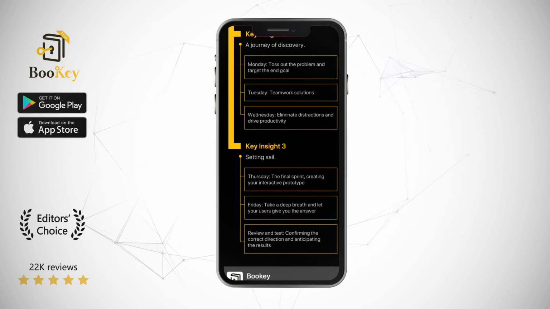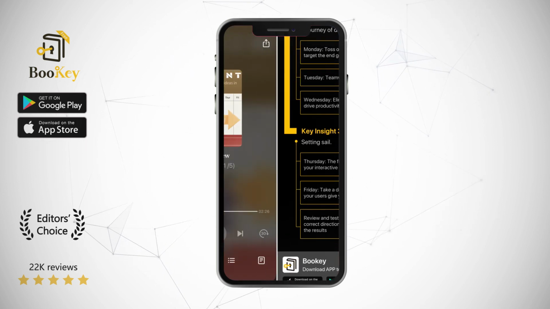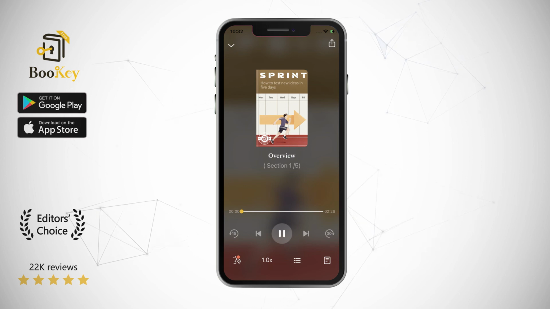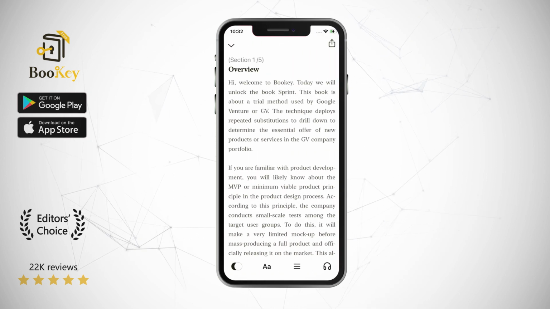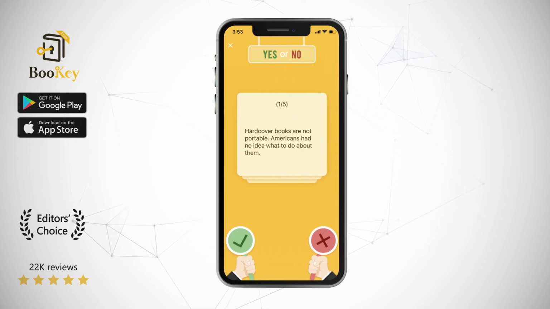Speaking of Google, I'm sure most people will be familiar with this global company. It is known for providing cutting-edge internet services to users all over the world. One of the most appealing aspects